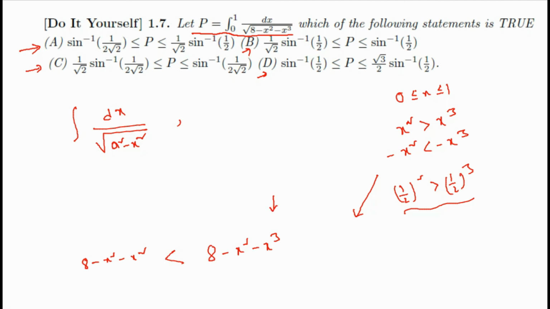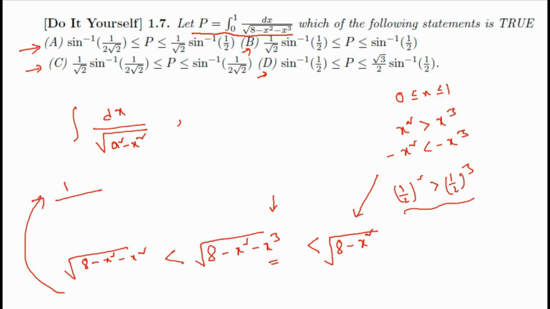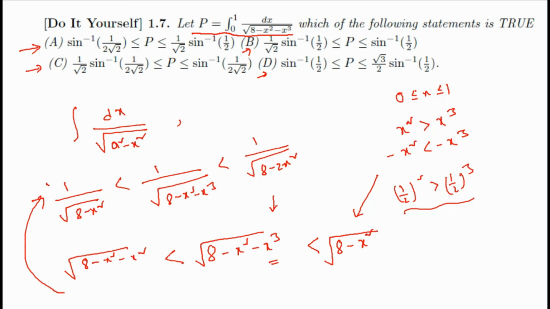And again, if you put x equal to 0, then 8 minus x cube is less than 8 minus x square minus... Now take the square root on all sides, and then take the reciprocal. Whenever we take the reciprocal, the inequality sign changes. So you can write 1 by root 8 minus x square less than 1 by root 8 minus x square minus x cube less than 1 by root 8 minus 2x square. Now integrating,